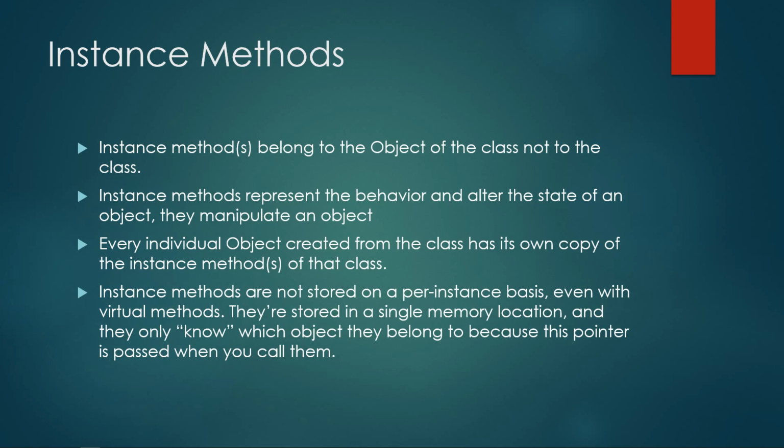So that's the reality. If I was to repeat that again, when you take an instance method and call it, the pointer to that particular object is passed. That is how the instance method knows that it's acting on a particular object. It does not mean that there are several methods for each object. That's not the case. In reality, it's only stored in a single memory location, and it is called by passing the pointer. We will discuss an example a little bit later on. Now let's move on with the presentation.